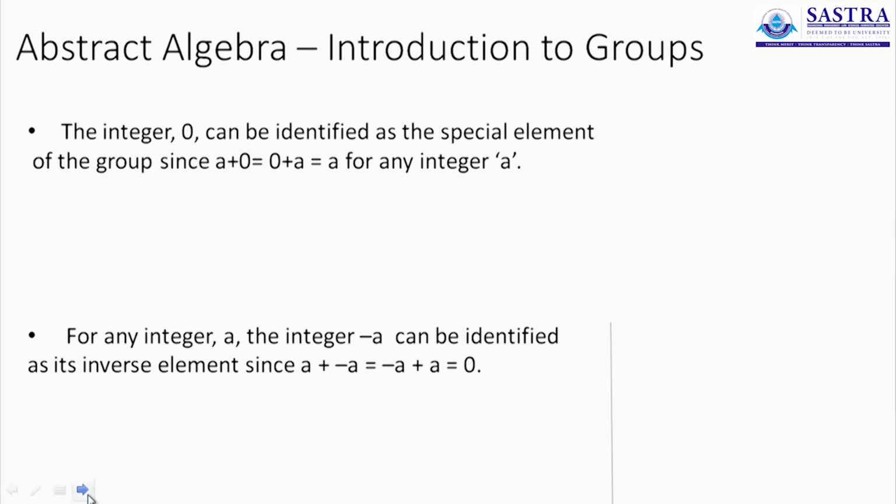And number 3, there is the special element 0, which when added with any element returns that element back. A plus 0 and 0 plus A return the element A, and therefore the set of all integers also contains this special element 0, which means it has satisfied the third condition. Number 4, which is most special, is that for every element A belonging to Z, there is an element minus A that belongs to Z, such that A when added with minus A gives me back 0.